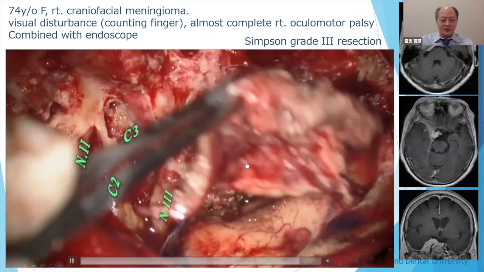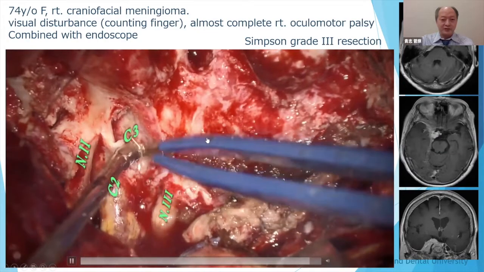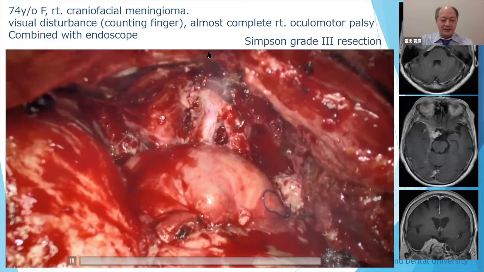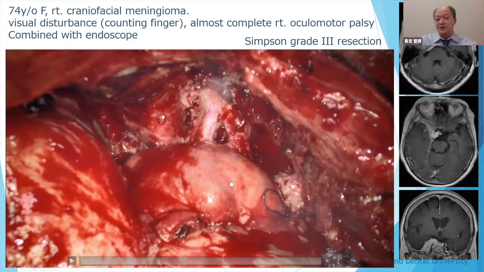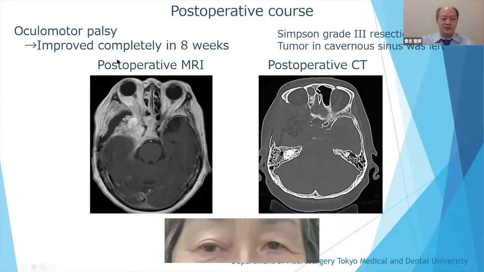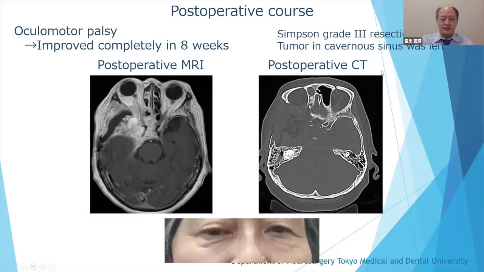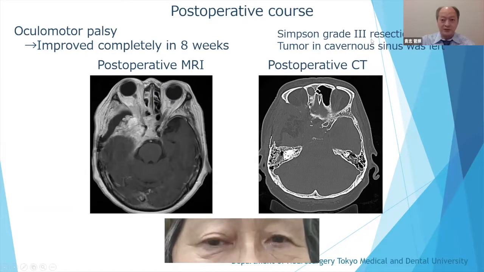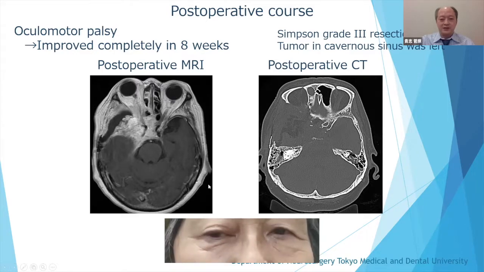And the temporal dura propria as the attachment was also removed. The dural defect was plasticized with pericranium, watertightly. Her oculomotor palsy improved completely in 8 weeks. The tumor in the cavernous sinus was left, so it was Simpson grade 3 resection in this case, but